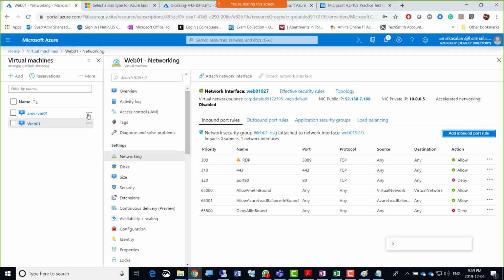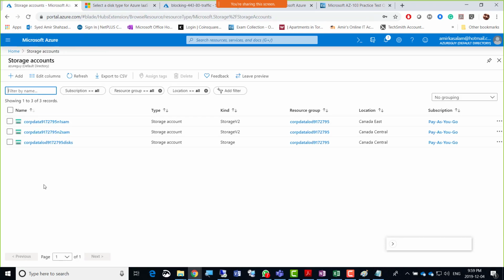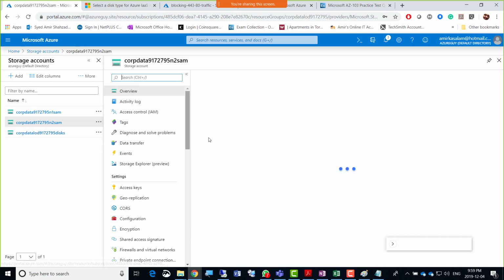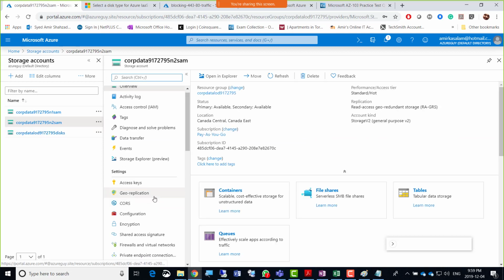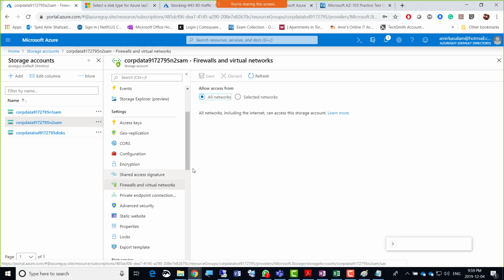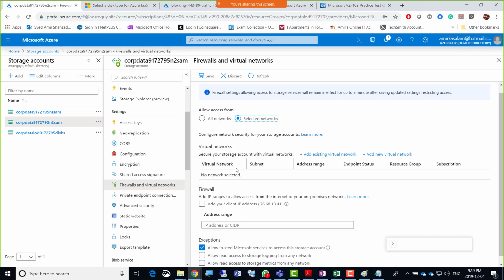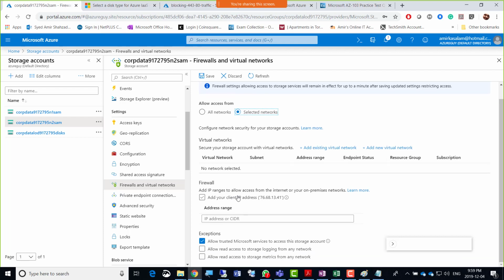So if I go to a storage account now, I'm just gonna go to the portal menu, go for storage accounts, and there is one storage account. I'll just grab one of those. Inside there, I need to give firewall and networks, right? There's all networks, so we go to selected networks here, and then there is that add IP ranges to allow access from the internet.